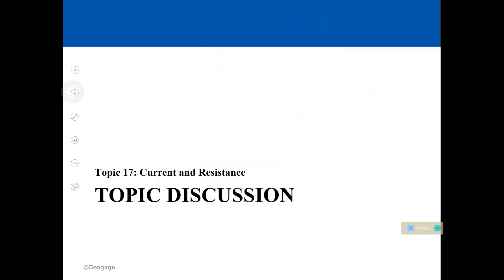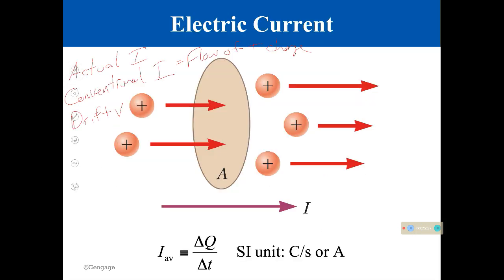I stands for current, right? I is current, yes. I average is defined as the change in charge over time. The SI units are coulombs per second, or ampere. Now I'll cover these other two. I think that they do talk about them in just a second.